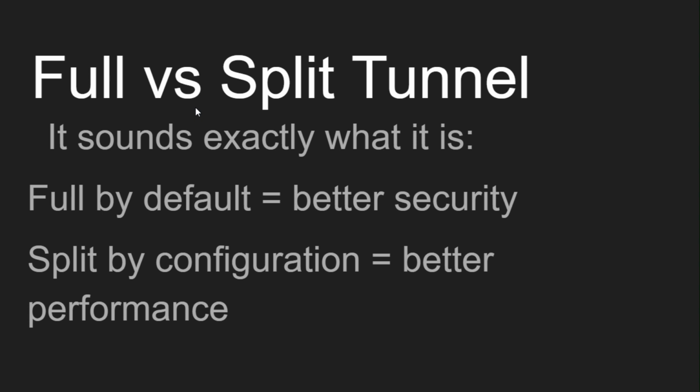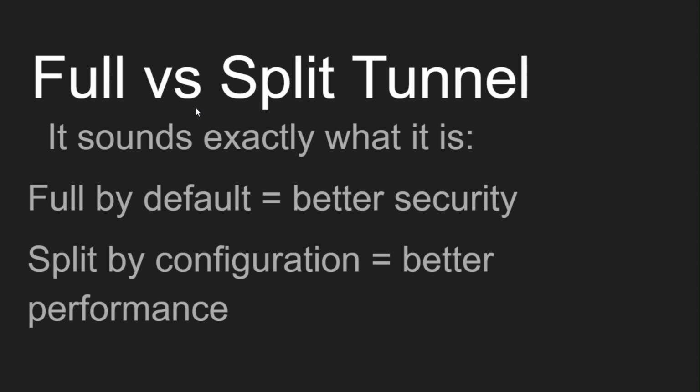On the other hand, if you have information that's just like, hey, this information is literally on our website, anybody can go ahead and see it. This is public information. This is public knowledge. It's not that critical. Let's go ahead and put this in a split tunnel and actually just send it through just the regular public internet. So you guys can start to see where that picture is painted between full and split tunnel.